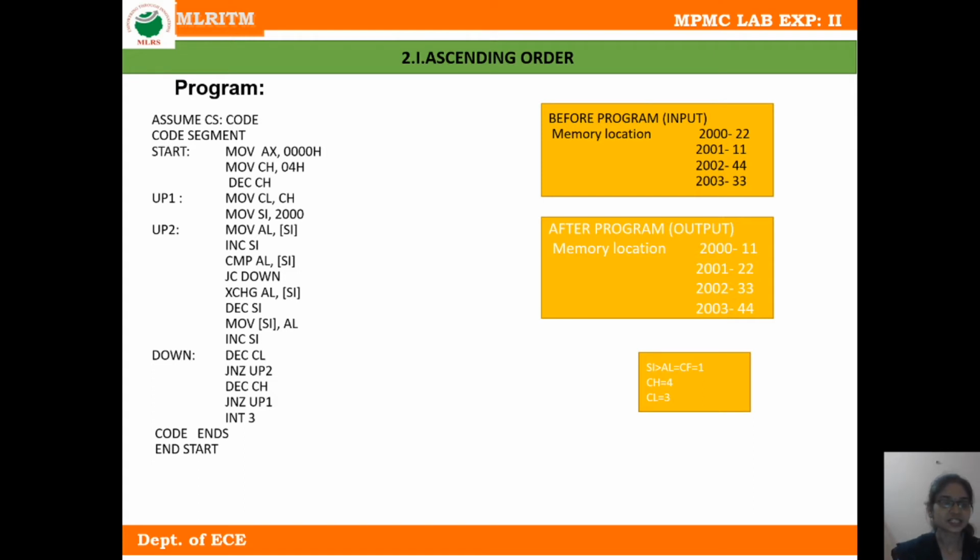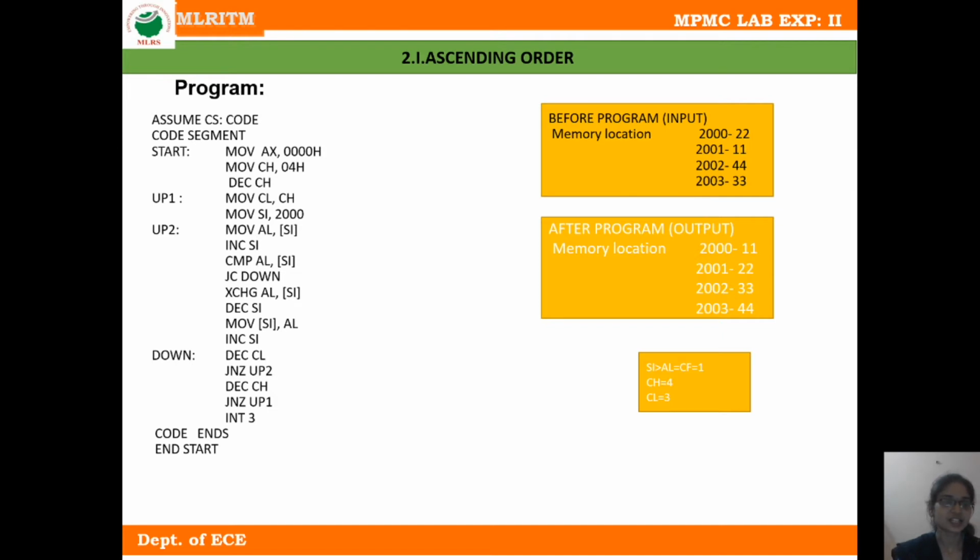The next instruction is MOV [SI], AL. The content of AL is moved into the memory location pointed to by SI. The next instruction is INC SI. The content of SI is incremented by 1.